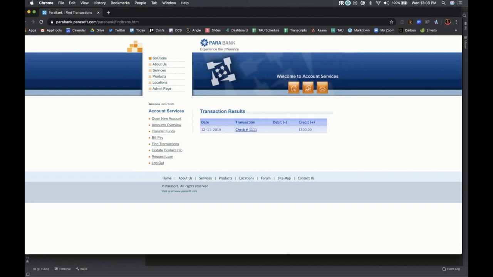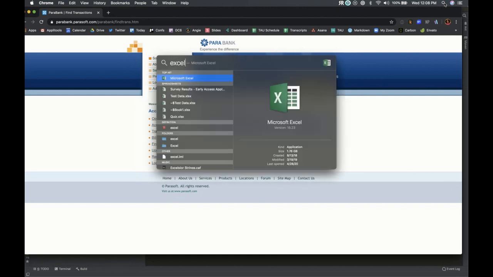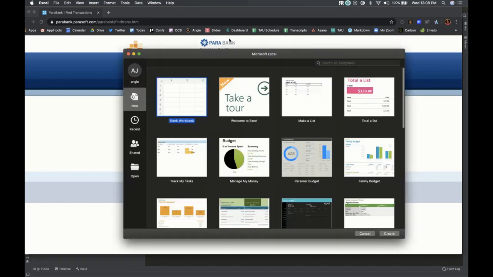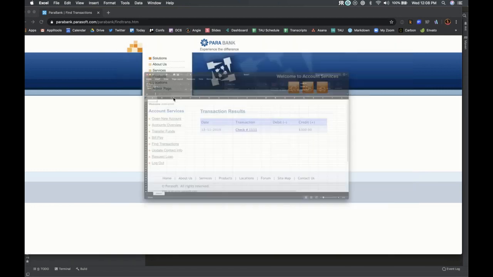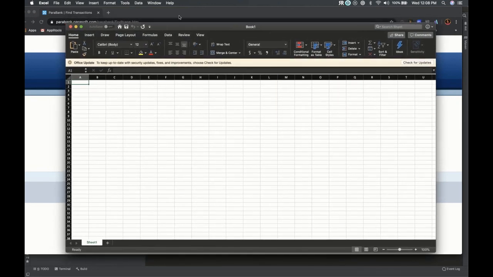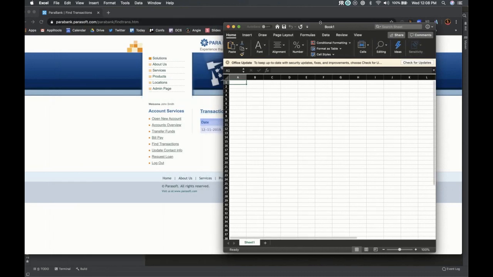So lots of different ways you can utilize these skills that we're going to go over today. All right. The first thing I would like us to do is to take this data and put it into a spreadsheet. So let's go ahead and open up Excel, and we'll create our new worksheet here. When creating the worksheet, I can put the data in. Let me see if I can show both of these at once.